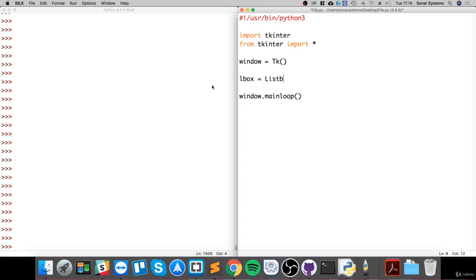This equals Listbox. You specify the window you're drawing to. Now lbox.insert, you just insert the item. So the index that you want to insert here. I'm just doing linear order 1 to however many I do, and then you put what you want the list item to say. So let me say item 1 again. I'm just keeping it simple,